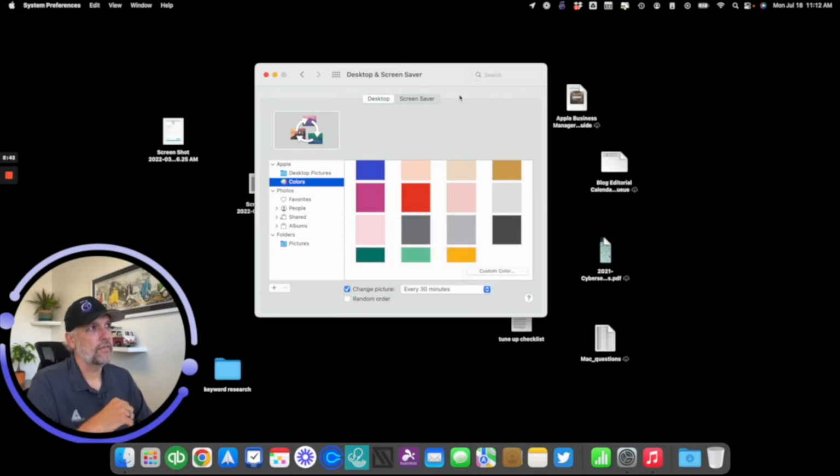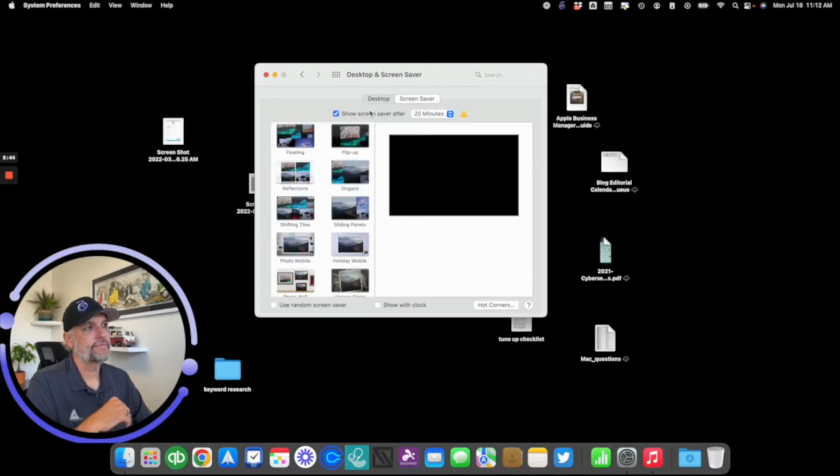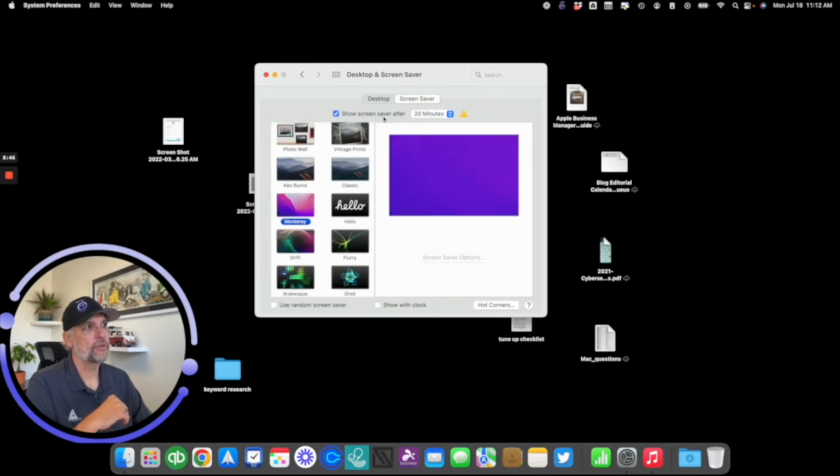Now, screensaver, as you can see up at the top, another option. So you can see show screensaver after, and you have the time, how long you want to do it. Now mine has an exclamation point because my display actually will go to sleep before the screensaver turns on. So this is just kind of warning me that like, hey, you're never going to see your screensaver because your display actually goes to sleep. And I have it set up that way primarily because I want to conserve battery power when it's on battery versus,